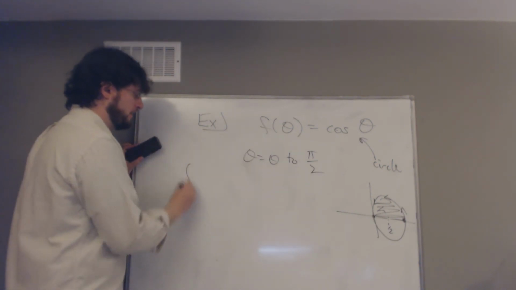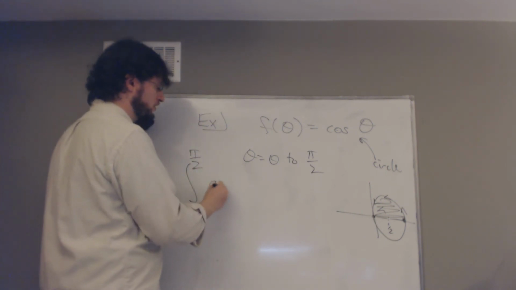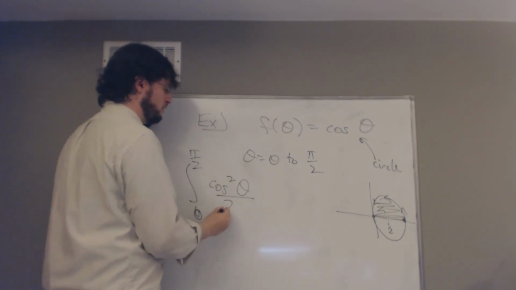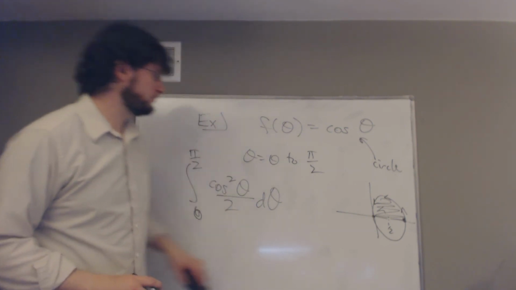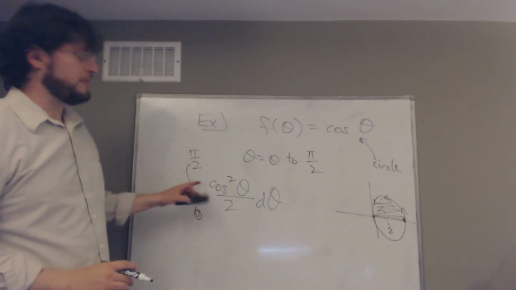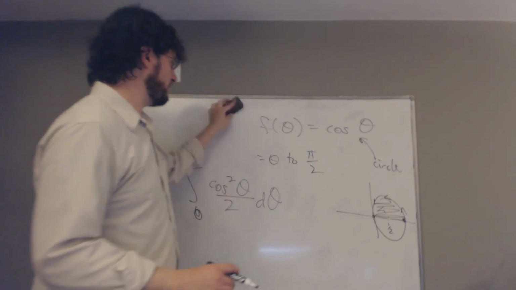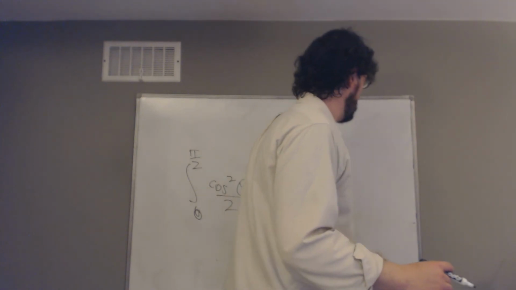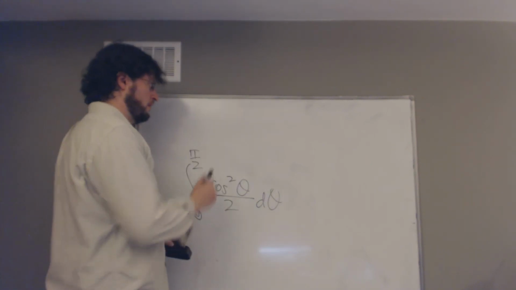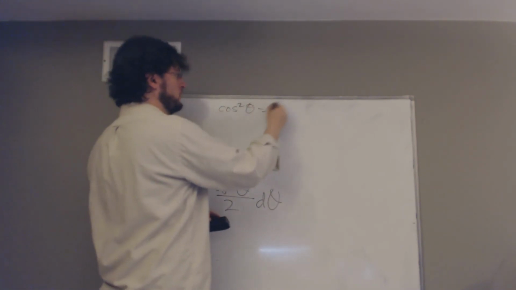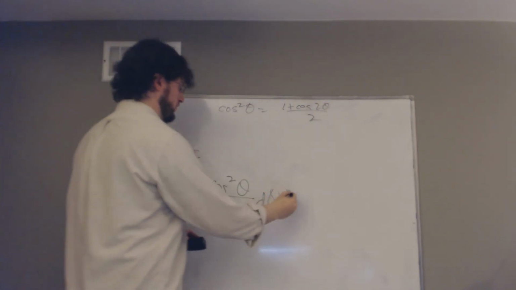Right, so what is that area? That should be the integral from 0 to pi over 2 of the function squared, cosine squared theta over 2, d theta. Now, this is something that we haven't done for a little while, but we did actually talk about how we can find an antiderivative of cosine squared. Remember our double and half angle formulas. Remember that cosine squared theta was 1 plus cosine 2 theta over 2,